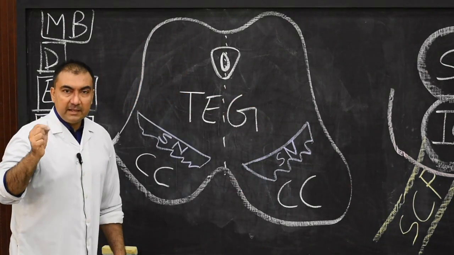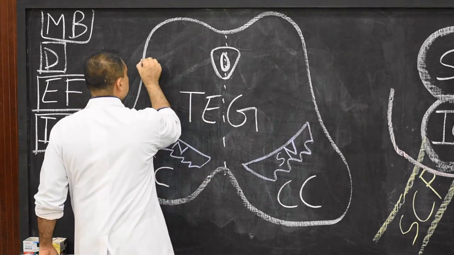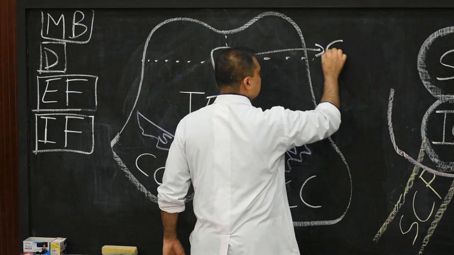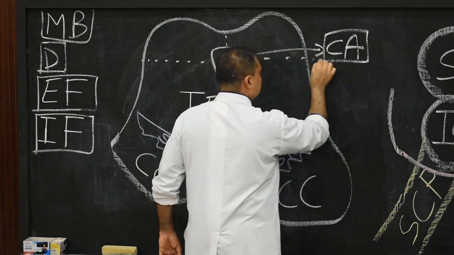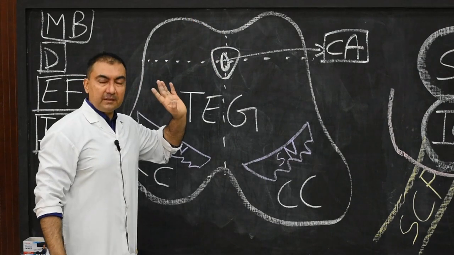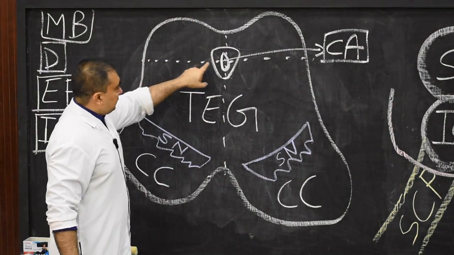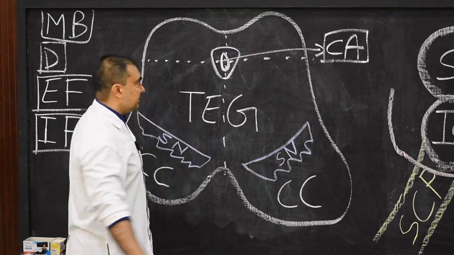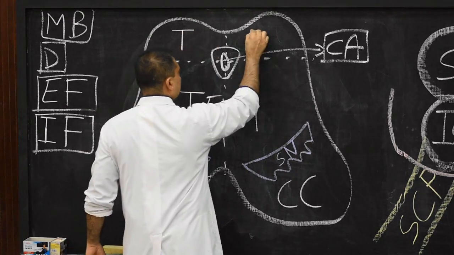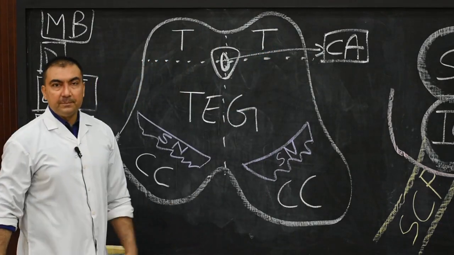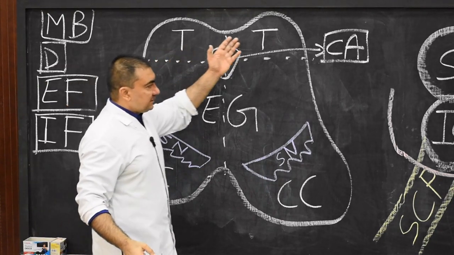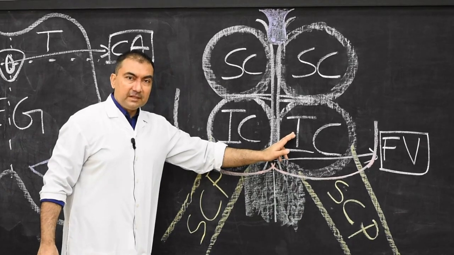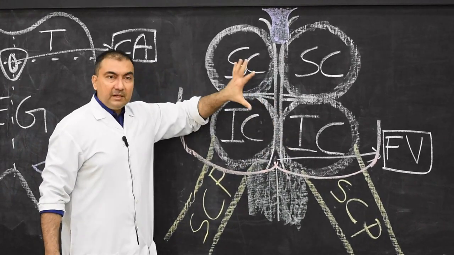Please note down, tegmentum. And then an imaginary line, if you draw horizontally through the cerebral aqueduct. Now here we will mention this as cerebral aqueduct. It is a small channel which will connect the third ventricle above with the fourth ventricle, where CSF will flow. If you draw an imaginary line, tegmentum is separated from the most posterior part, and this most posterior part is known as tectum, T-E-C-T-U-M. What is this tectum? The tectum is nothing but, as I showed you over here, superior colliculi, inferior colliculi. This superior and inferior colliculi is nothing but tectum.